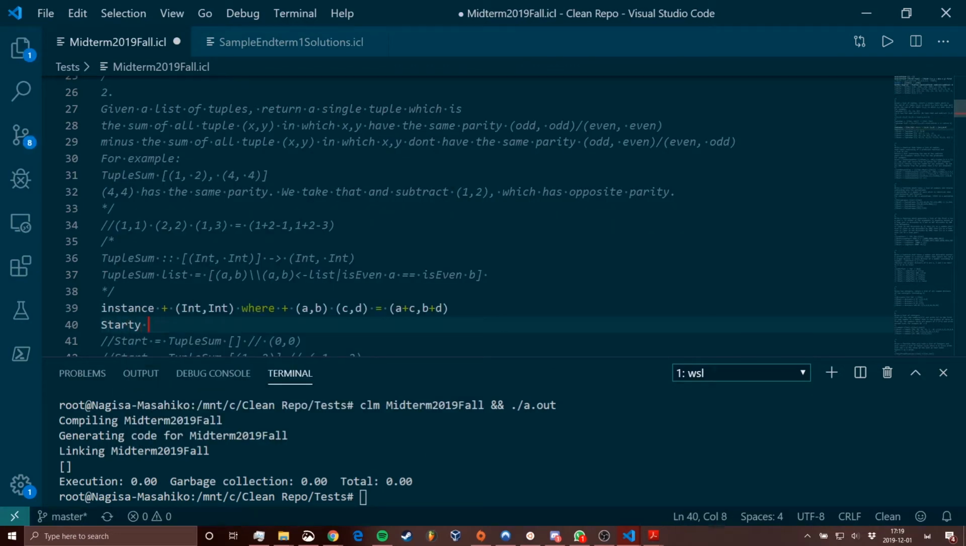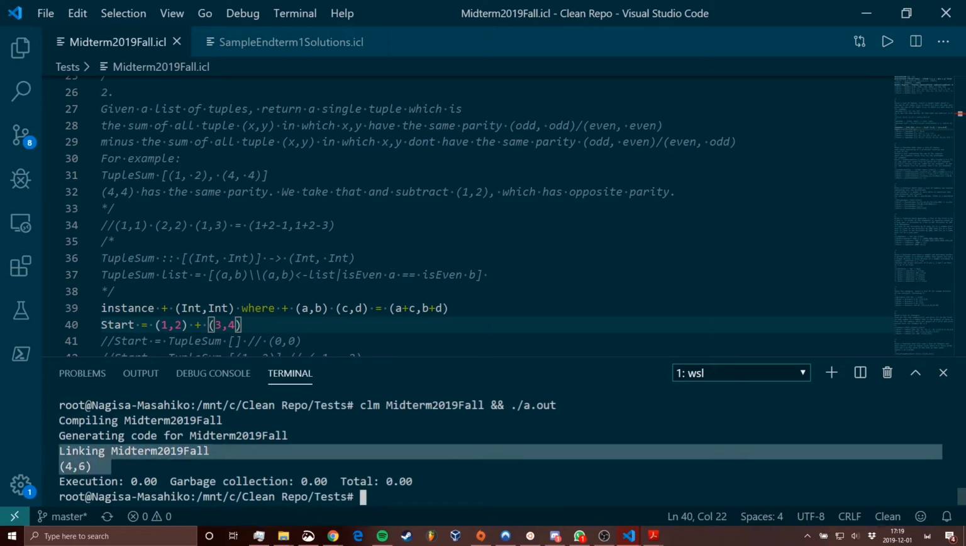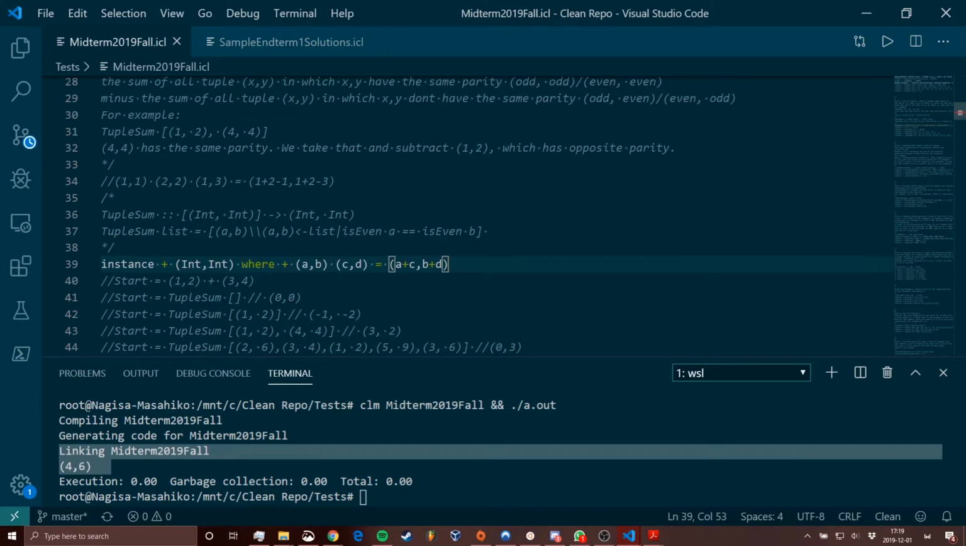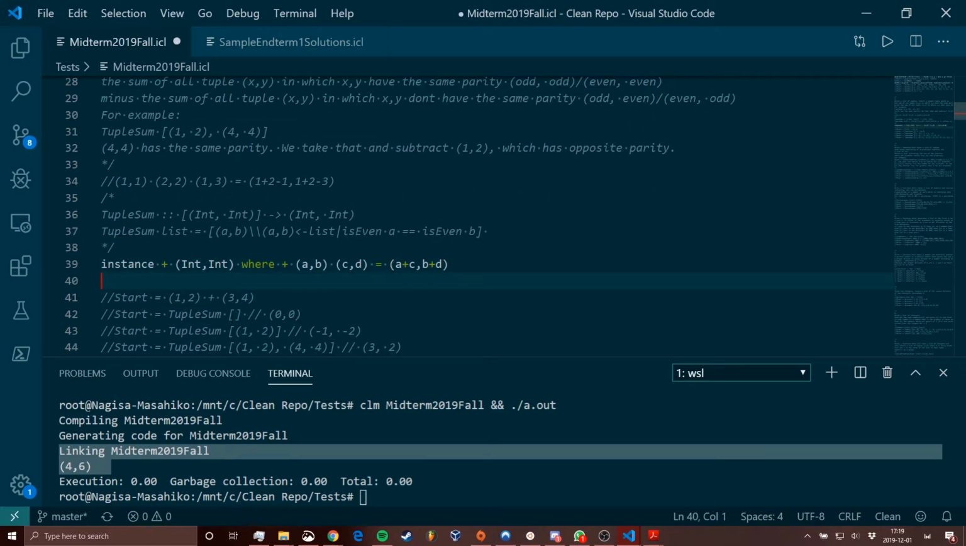Start equals 2 plus 3 4. Yep, that works. Okay, so there you could make a separate function to add them or whatever. I'm just going to do it with an instance. And in fact, I want to use the sum, so I'm going to make an instance for that. I already know off the top of my head that sum requires a 0 instance, but if you didn't know that,